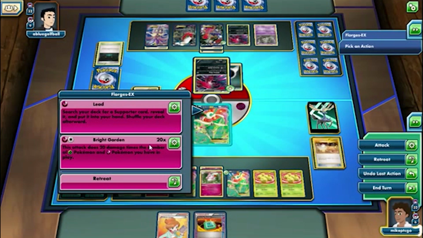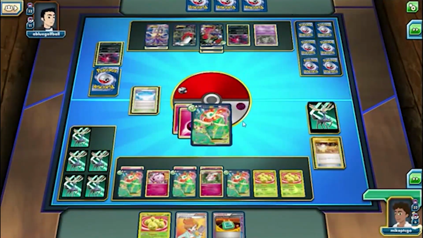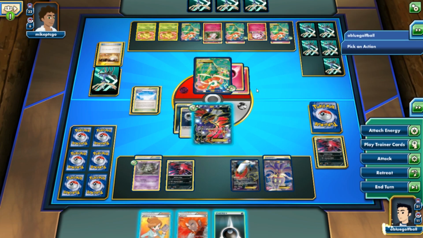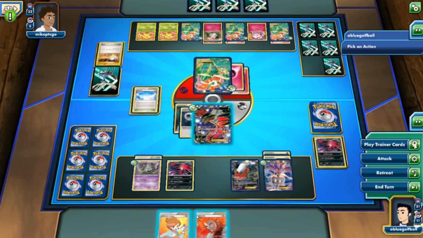Yeah, a really good play by Mike right here, keeping that Dowsing Machine and having the flexibility, if the stadium does get countered, to use Dowsing Machine and get back another stadium, or anything else really. Absolutely, and those eggs are definitely handy as well. They can easily get discarded, and then through the Propagation ability, Mike can retrieve them and put them